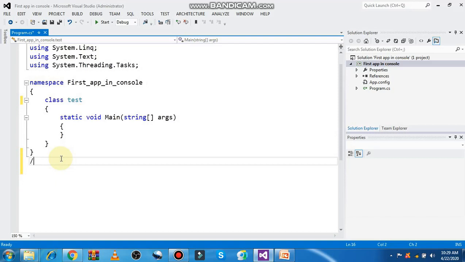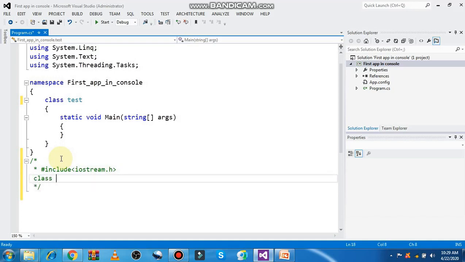Let me revise the C++ object oriented programming, where you will see first we have a header file, iostream.h. After this we have a class body.